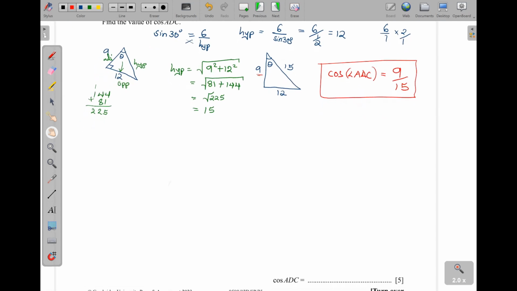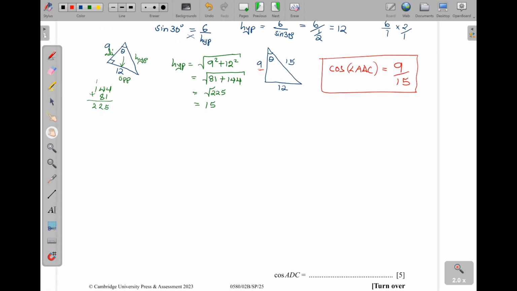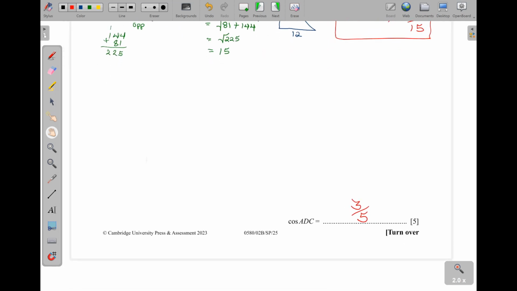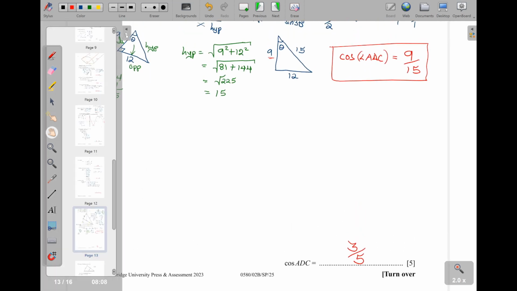By 3 you get 3. By 3 you get 3. Then by 3 you get 5. So it will be 3 over 5. That is that. Then next,